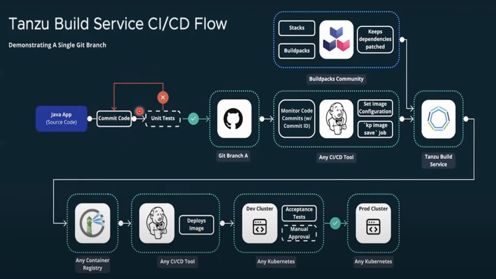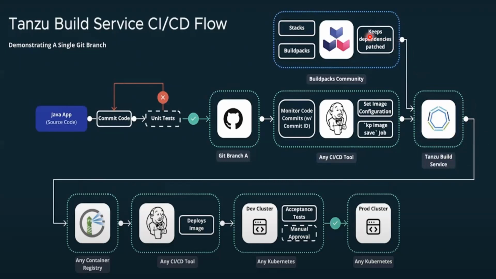So basically, in a normal Kubernetes or normal application development environment, what would happen is, when a developer is creating new code, or making a change to code, he'll be creating a branch and committing the changes to that branch. And then there would be a CI/CD tool, maybe here it's Azure DevOps, or it can be Jenkins, or anything that they'd be using for packaging that application. So here, in the case of Tanzu Kubernetes build, this Tanzu build service is a tool which has its own cloud native buildpacks.